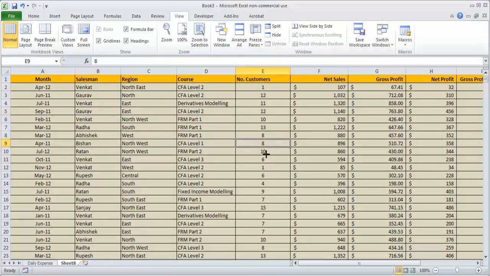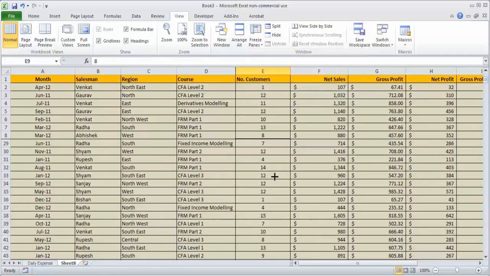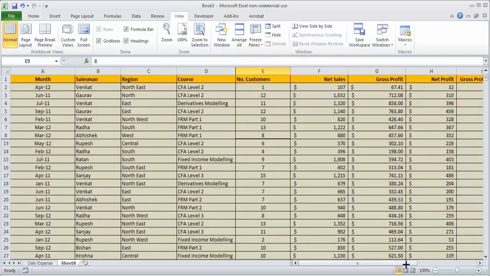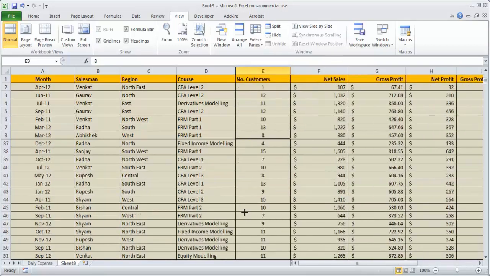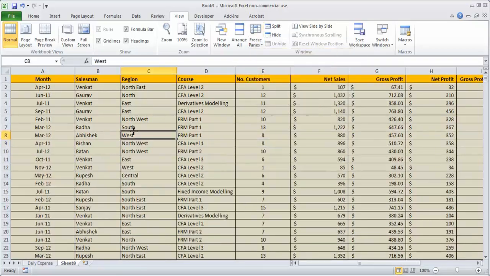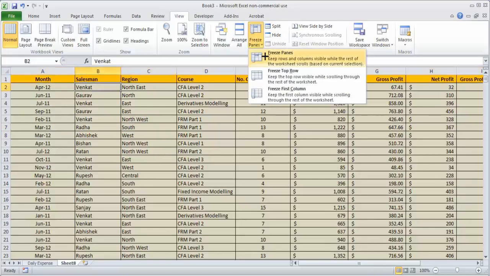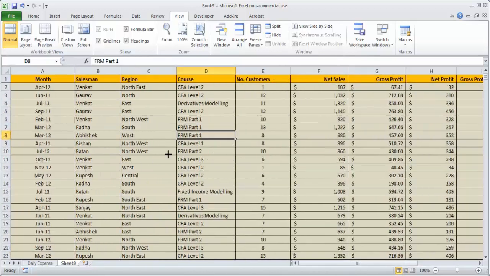Let's say if I highlight the sheet over here and then I say Freeze Panes, the freezing will happen only from here. This is now freezing 4 columns and also some 8 rows. So ensure that you know what you want to freeze. Here we want to freeze this and we want to freeze this. So I'll keep the selection over here and apply Freeze Panes so that all these are frozen. Ensure that you use this so that you can quickly go through the Excel sheet.